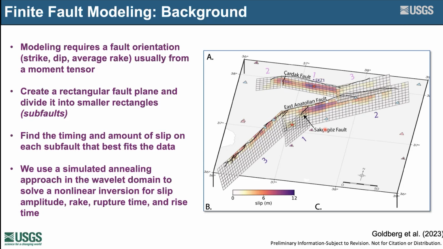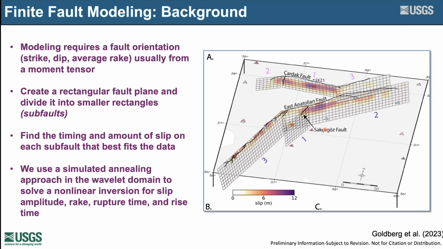For earthquakes that are complex, like the ones that you see on the right relating to the 2023 Turkey earthquakes, those moment tensors are kind of just a starting point, and then we can create more complicated fault structures. For rapid response, we generally end up posting a single planar fault with a strike and dip that's pretty similar to the moment tensor. And you make the fault dimensions larger than the area that you expect slip to happen